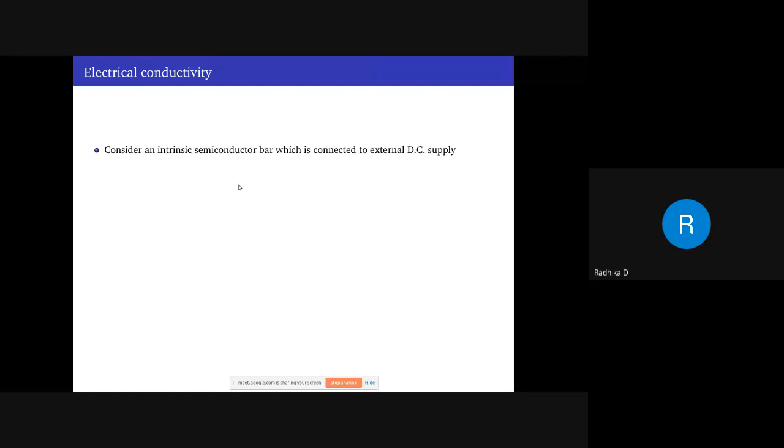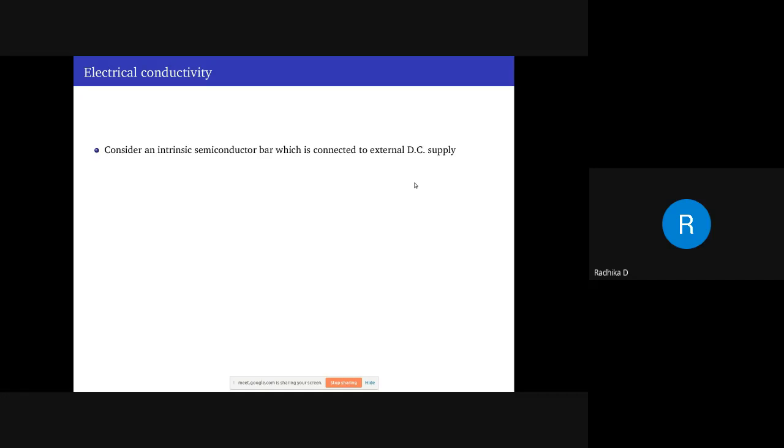Not covered. That's electrical conductivity. So what we are going to do is we will consider an intrinsic semiconductor only. Okay, and let's keep ourselves muted and save the video, save the bandwidth. So we are going to consider an intrinsic semiconductor, and you're going to connect it to a supply. Okay, obviously p type to positive and n type to negative.